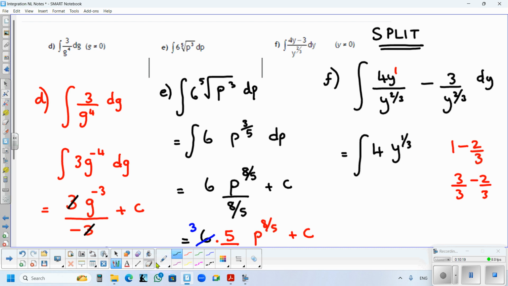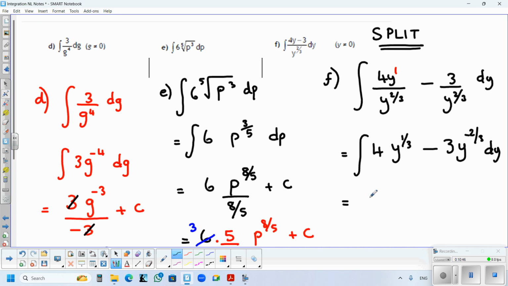Now we want to do the next one. There are no y terms at the top there, so since there's no y terms at the top, I can just write down -3, and I bring that up to the top. I change the sign, so it becomes y to the -2/3, and I'm going to do the y's for the integration. So now I can go through my rules for integration,